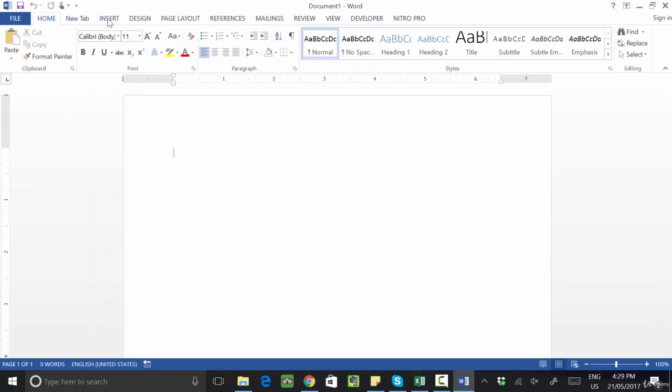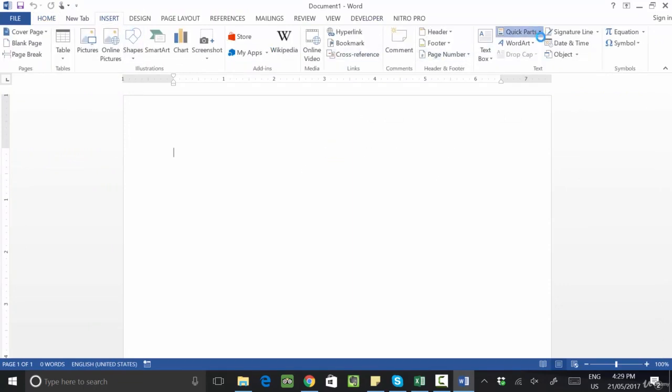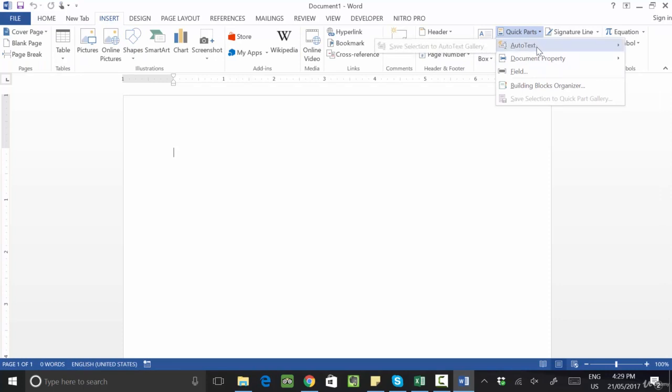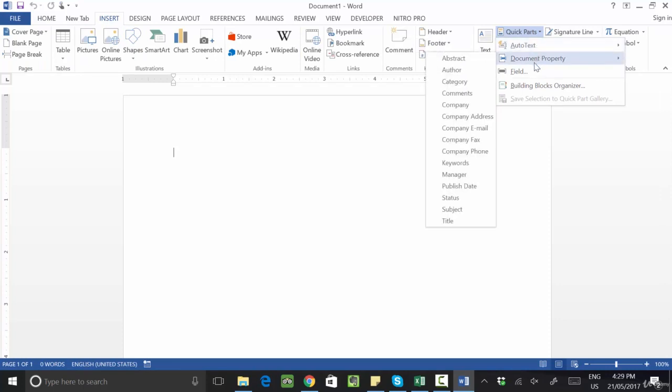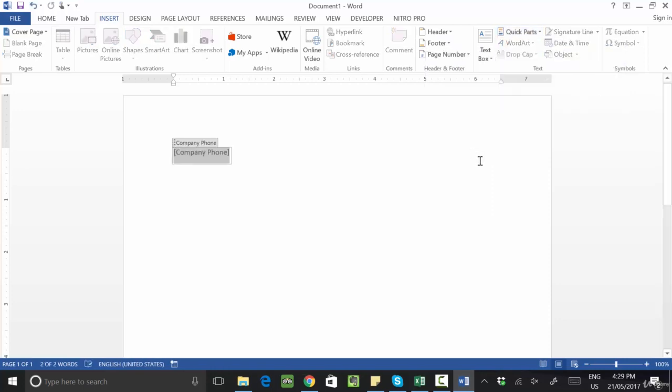So I will go to Insert and click on Quick Part. So let me add auto text. Auto text is disabled right now. Go to Document Property. Okay, Document Property, we want to create a phone number. Let's say company phone number is +93 7840 85437. This is the company phone number, right? So I am writing one text.